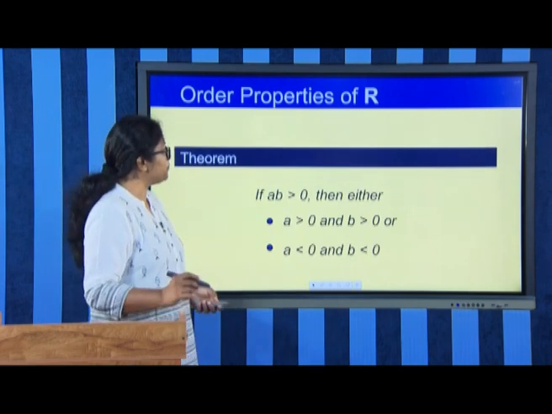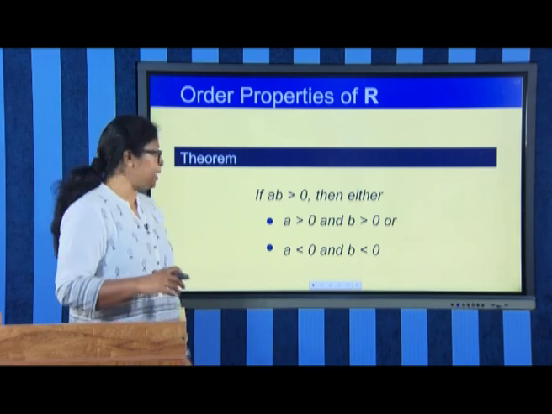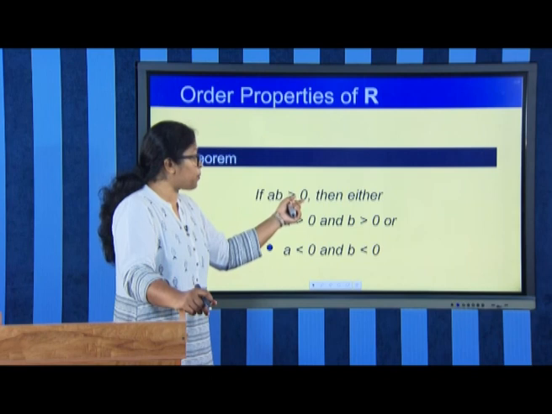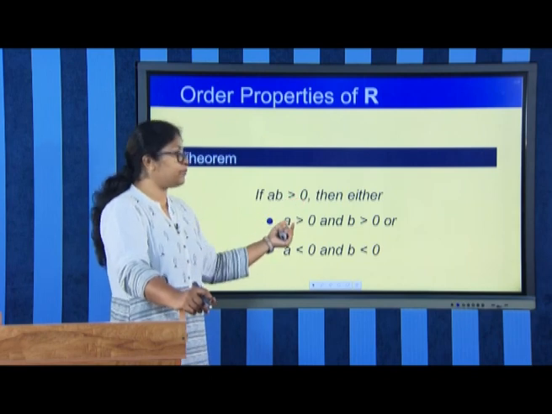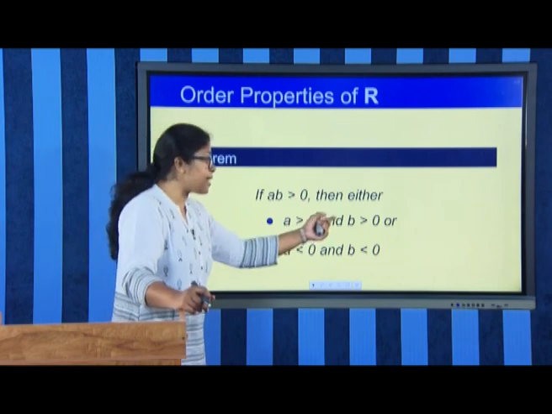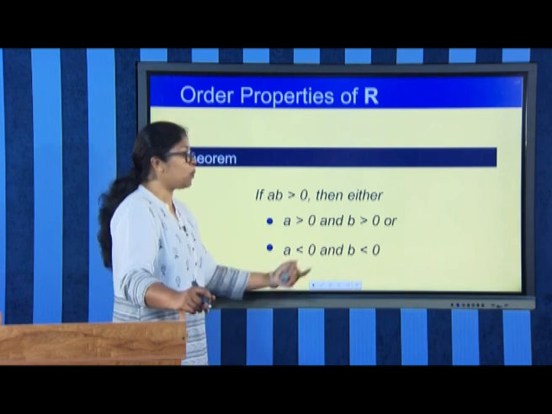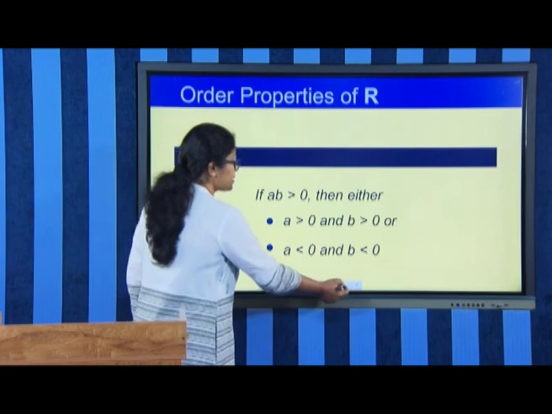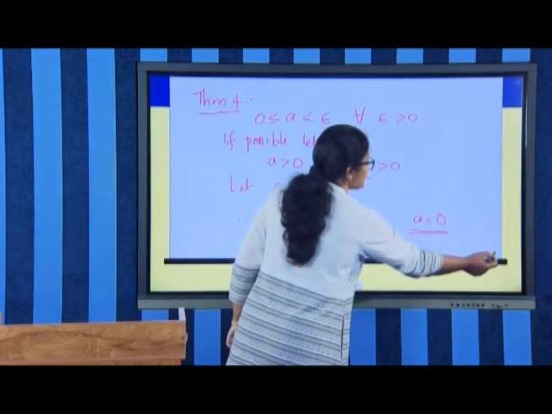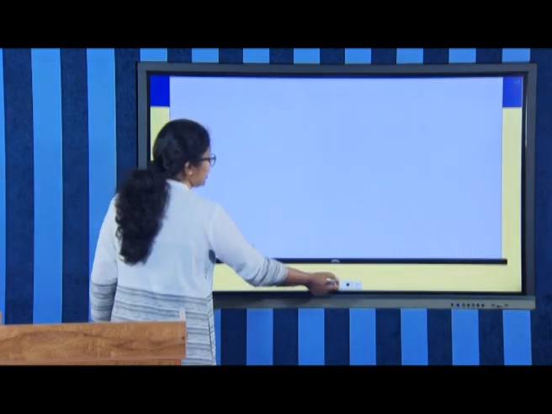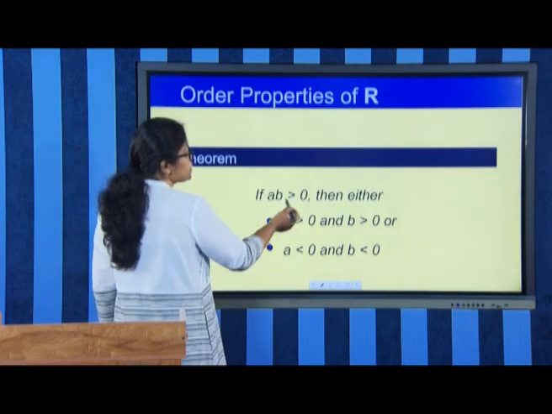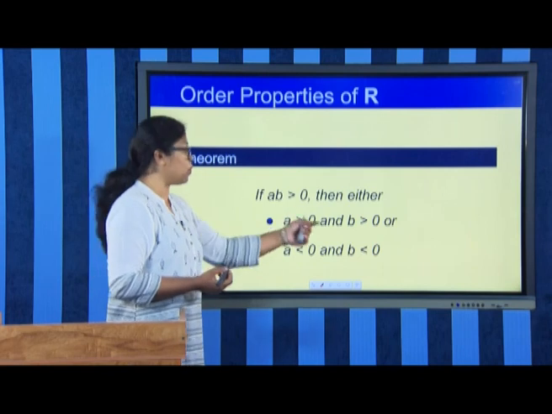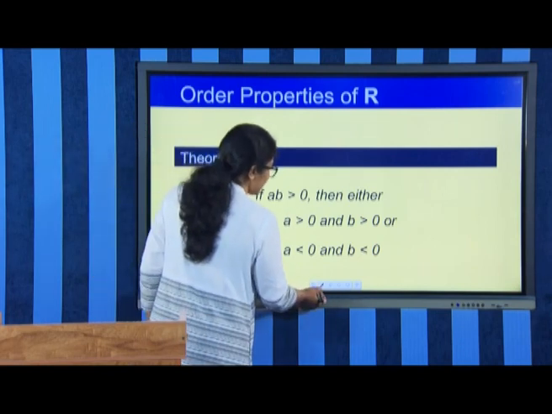Then we have the next theorem saying, if AB, the product of two real numbers, is positive, then we should definitely have A greater than 0 and B greater than 0, or both should be negative. So, the proof is again a simple proof. We can see the proof. Suppose we are given AB is greater than 0, then we have to show that either A is positive or B is positive. So, let us assume